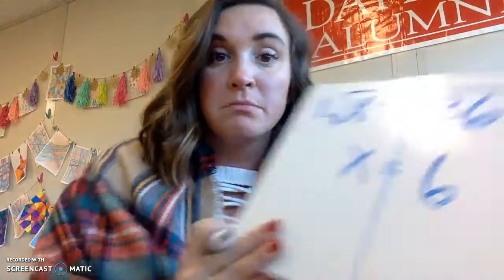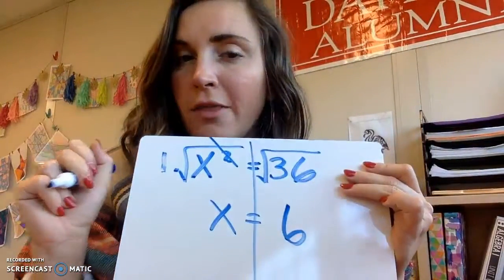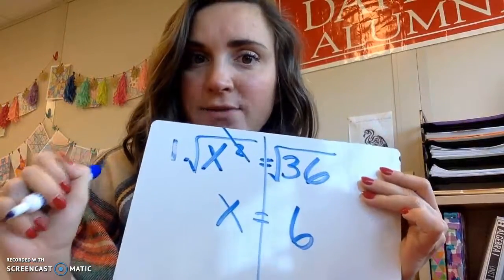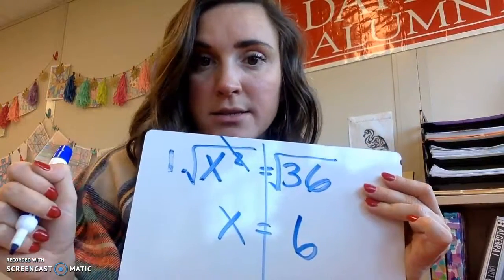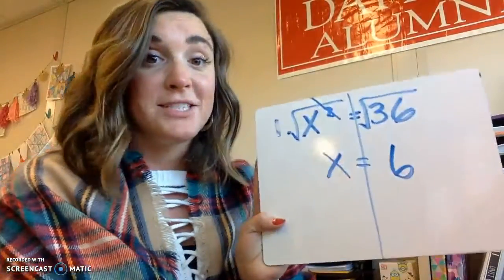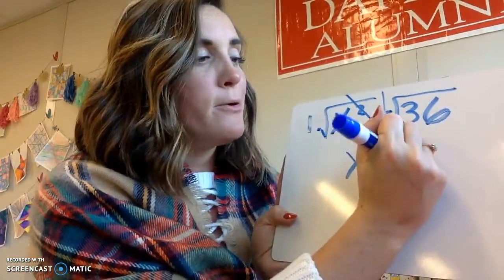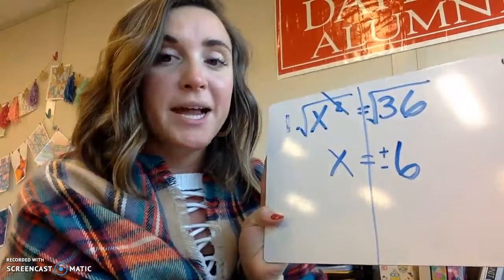This is what you got to watch out for. What is 6 times 6? Hopefully 36, right? Because that's what we just put. Another question, what is negative 6 times negative 6? So same signs is going to give us a positive answer. So how you account for both possible answers is by putting that plus sign and a minus sign in front